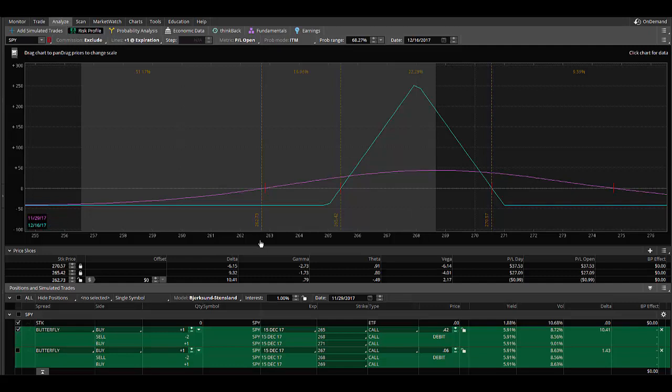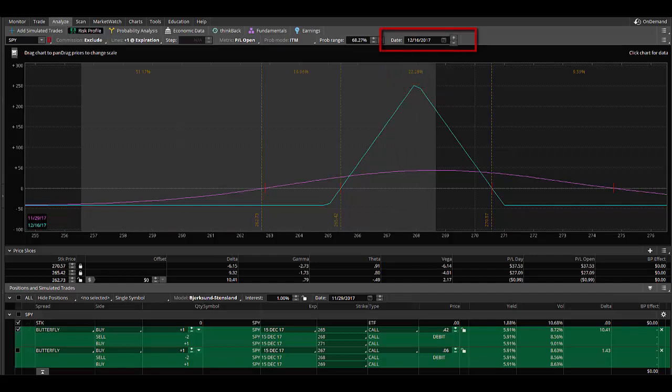So now with the lines that I have on the screen, I have my current price line over here at 262.73, and my two break-evens are shown here. And my probability number is 22.28%. And remember that in order to get this probability number to be valid on this Thinkorswim platform, you need